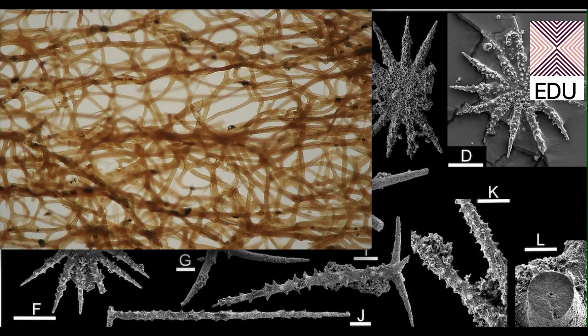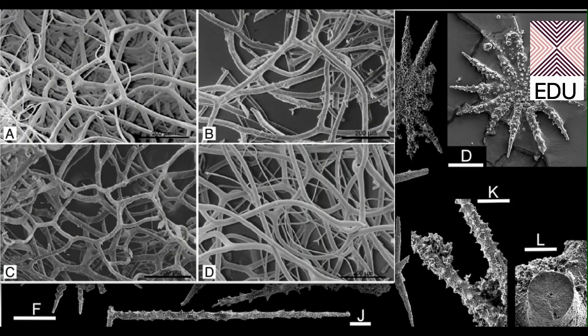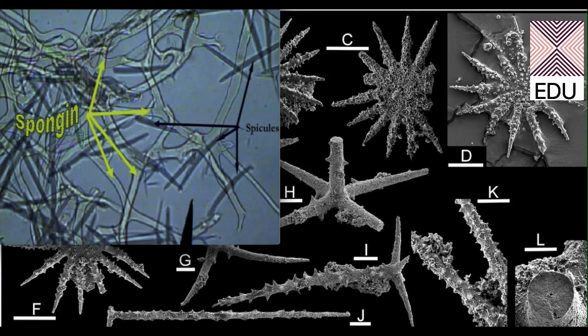Here the 4 diagrams A, B, C and D are showing the spongin fibers at different magnifications. So you can well imagine what kind of a mesh network is found in the mesoglea of the sponges. This whole skeleton, the 2 components of the skeleton, are found in the mesoglea, the central layer of the sponge. And this particular diagram shows the spongin fibers with the yellow arrows and the spicules with black arrows.